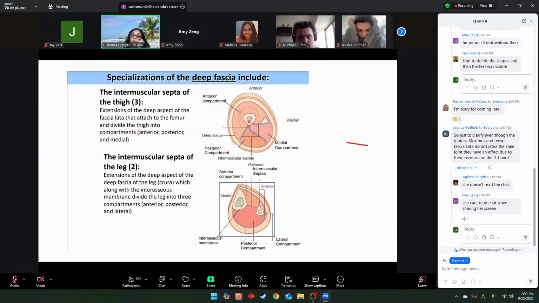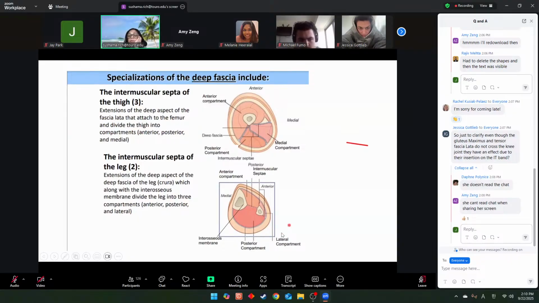Here it's going to be the femur, and it is going to divide the leg into 3 compartments. So in the thigh, not the leg, in the thigh, you have 3 compartments. You have the anterior compartment, which is mainly extensors, the medial compartment, which is mainly adductors, okay? And then here is the posterior compartment, which are flexors of the knee. So these are 3 intermuscular septi, okay? You have an anterior intermuscular septum, lateral intermuscular septum, and a posterior intermuscular septum. Just know there are intermuscular septi and that there's 3 of them that are dividing this thigh into